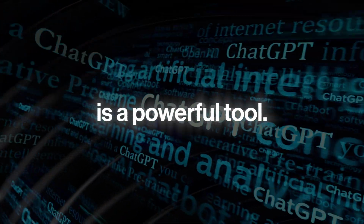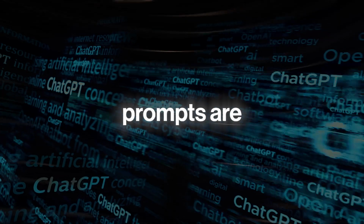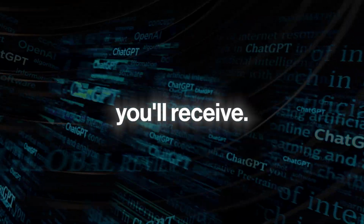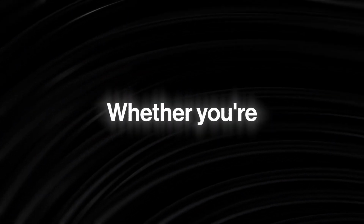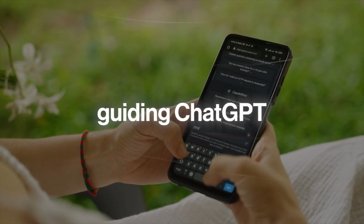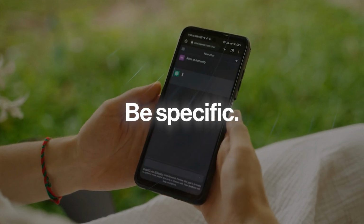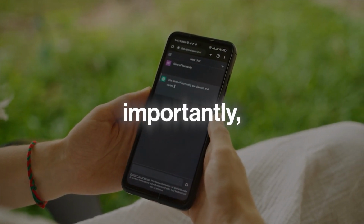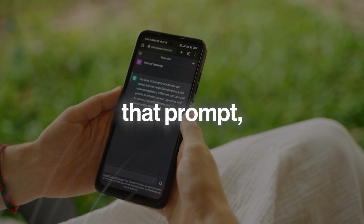While ChatGPT is a powerful tool, it's not psychic. The clearer and more precise your prompts are, the better the masterpiece you'll receive. We've covered some common mistakes today, but the biggest takeaway? Perfect your prompts. Whether you're digging for details or keeping it light and breezy, guiding ChatGPT is the key. Just like you chat with a friend, be clear, be specific, and most importantly, have fun exploring all the possibilities. Because trust me, when you nail that prompt, the